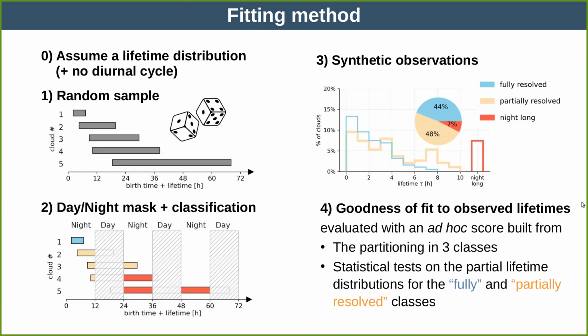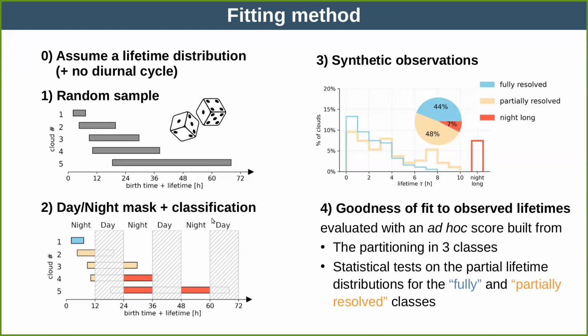So first, we pick a distribution that we want to test. For example, here an exponential law, let's say, and a strong assumption in this study is that there is no diurnal cycle. Those clouds are evenly distributed within day and night. So we pick a distribution and we take a random sample of lifetimes from this distribution. Then we randomly throw these synthetic clouds on the diurnal cycle